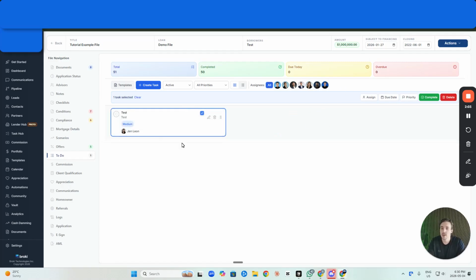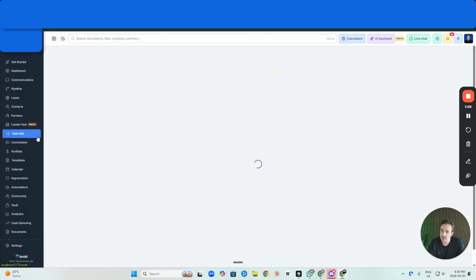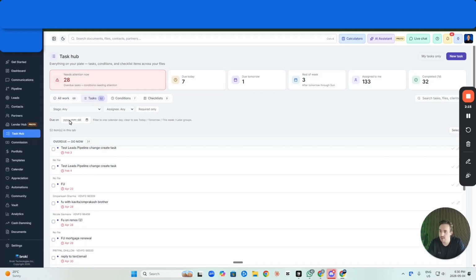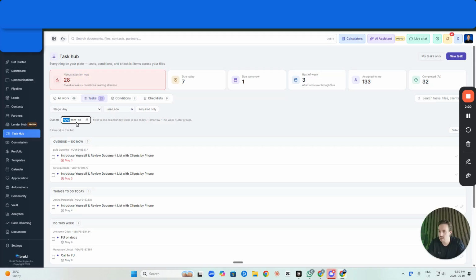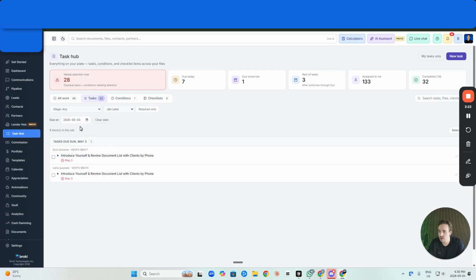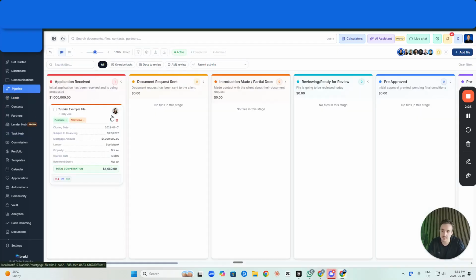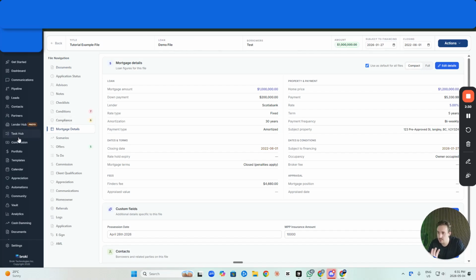So the task will display here, but it will also display in the task hub. If I go over to the task hub and I click on tasks, they will also display in here in a list view, and then you can filter based on the stage, the person, so Jen, and then also the due date. So I'll go due today. Okay, so there's a couple different ways that you can look at your tasks,